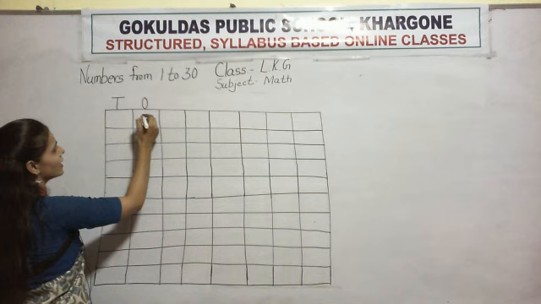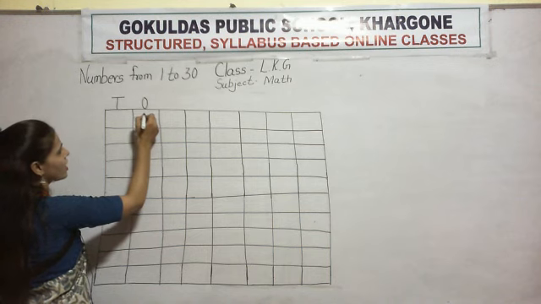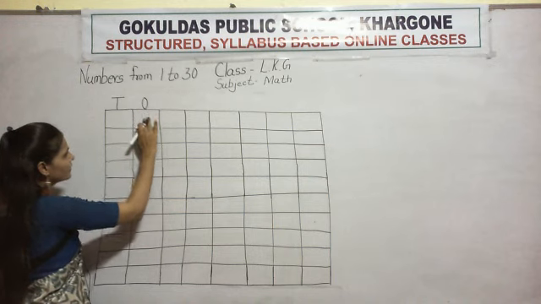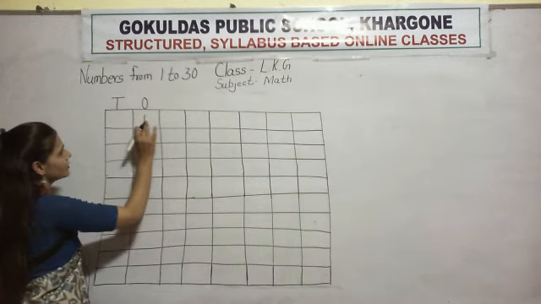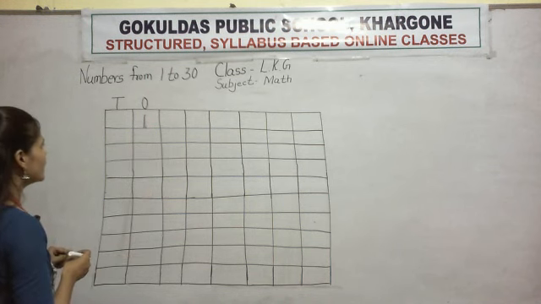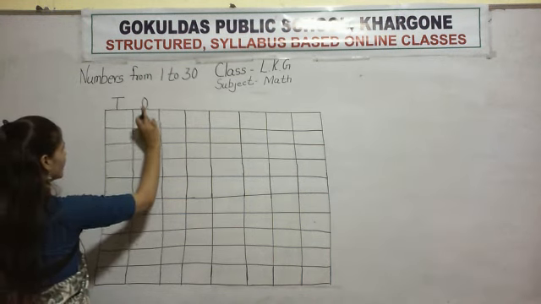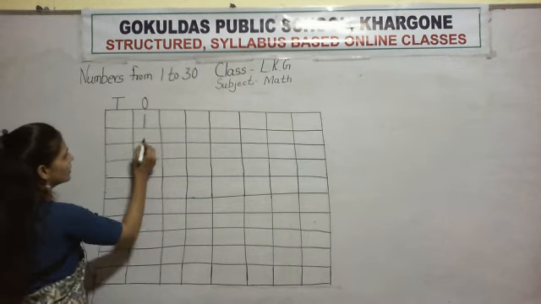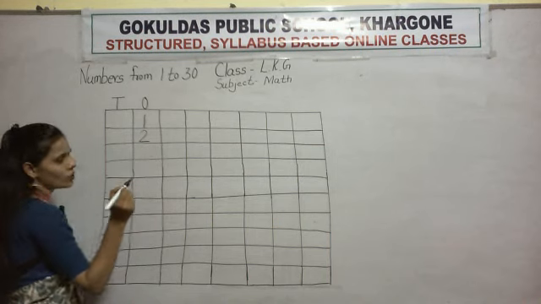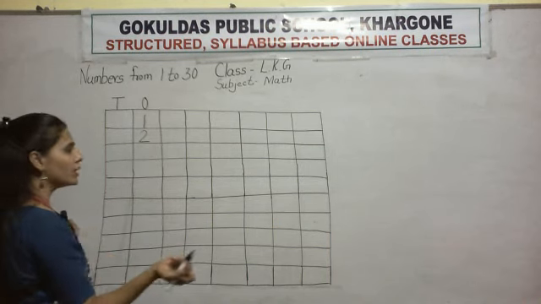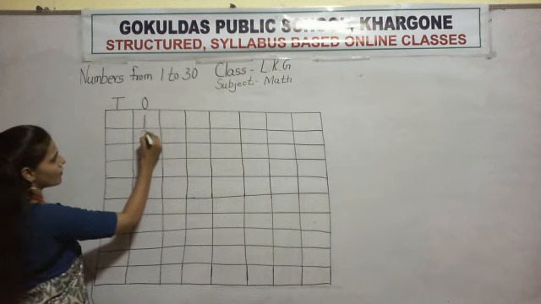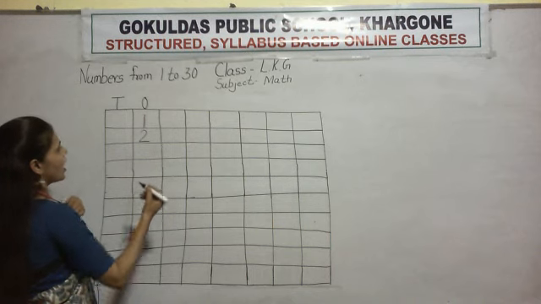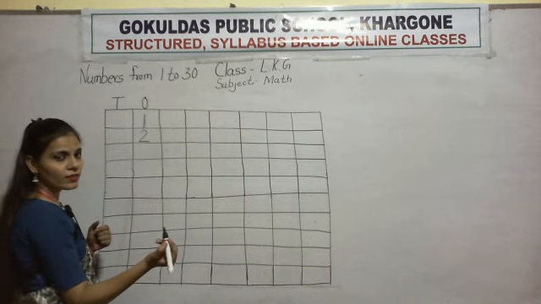Okay. So here we start. Here we write number 1. How to write number 1? We write standing line. All of you write number 1. After number 1, which number will come? After number 1, number 2 will come. So here we write number 2. How to write number 2? You know, half curve and slipping line. Okay, done. Now after number 2, which number will come?